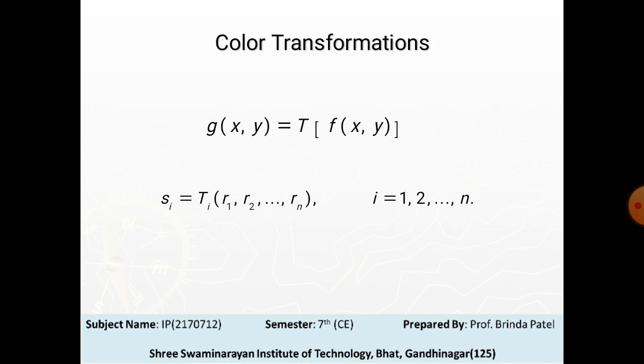So the color space chosen to describe the pixels of f and g determines the value of n. If the RGB color space is selected, for example, n = 3 and r_1, r_2, r_3 denote the red, green and blue components of the input image respectively. If the CMYK or HSI color spaces are chosen, n = 4 or n = 3.